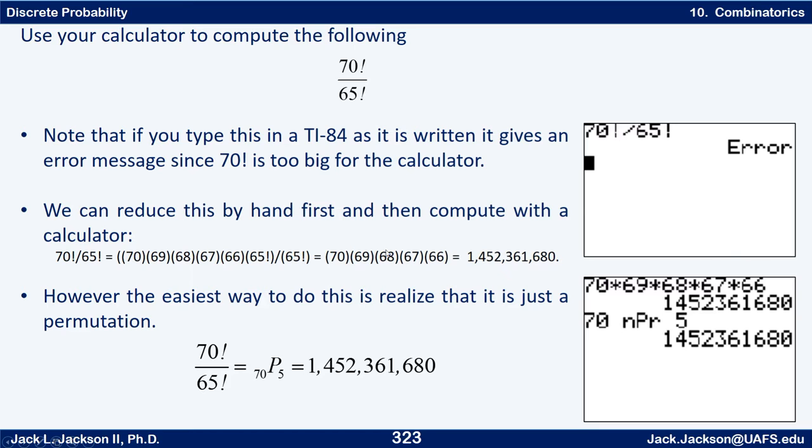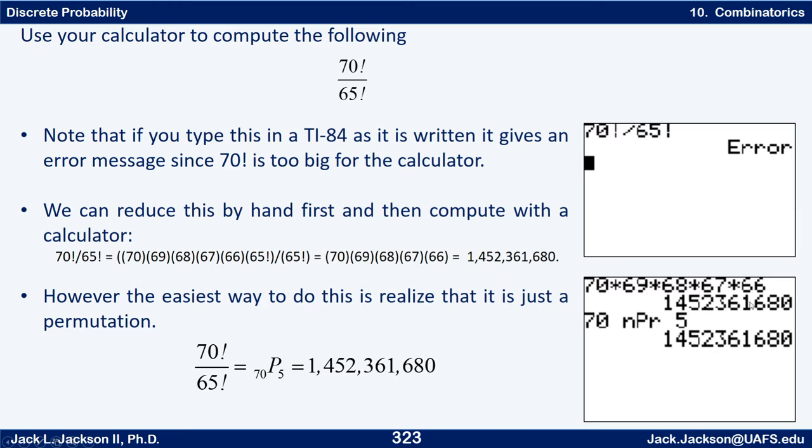But we could do it without that, because 70 factorial is 70 times 69 times 68 times 67 times 66 times 65 factorial, and that's over 65 factorial, so I'm just grouping the 1 to 65 factors in the 70 factorial together, writing out each of them individually for the 66 up to 70. The 65 factorials cancel, and you're left with 70 times 69 times 68 times 67 times 66,